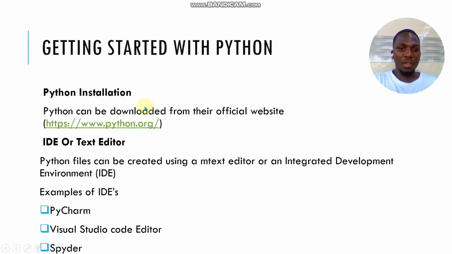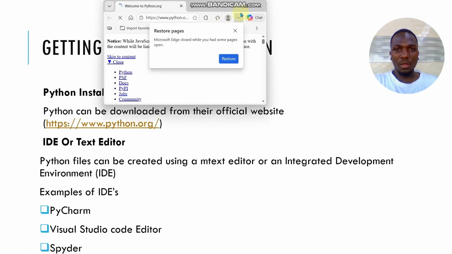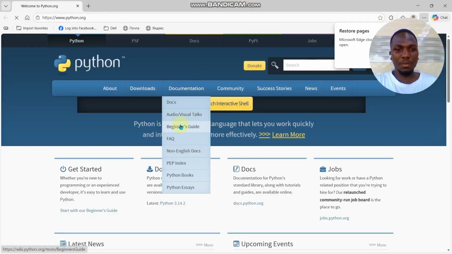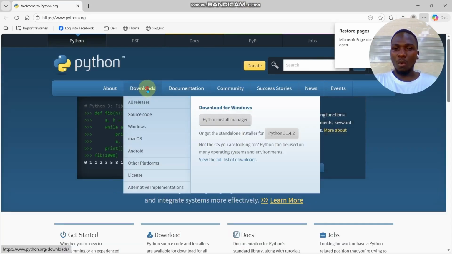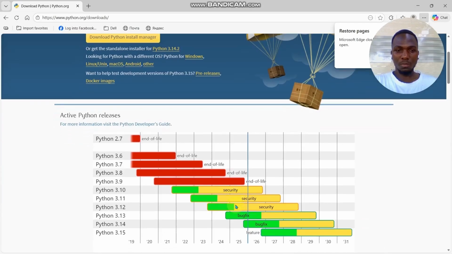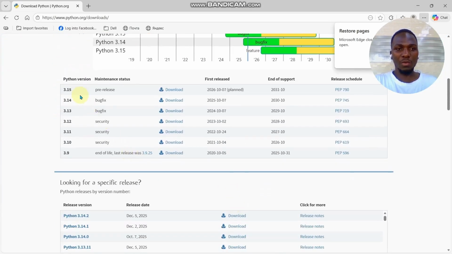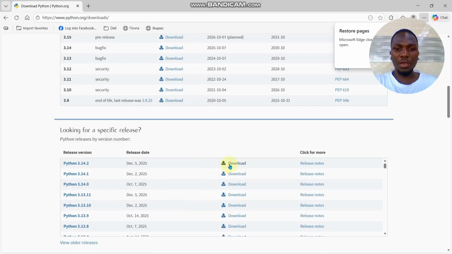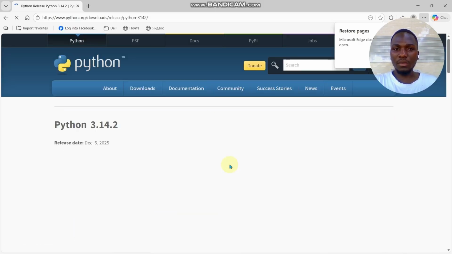Is by visiting the official Python website, which is www.python.org, like this. The browser comes up, you go on download, you scroll down. As you can see, the latest version of Python is 3.15, right? So you go ahead, you download it, and then you go here, you can download this like that, and then